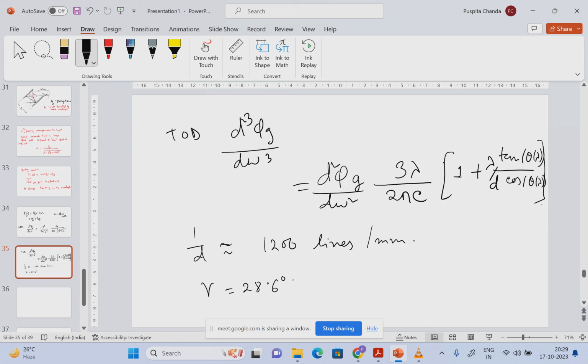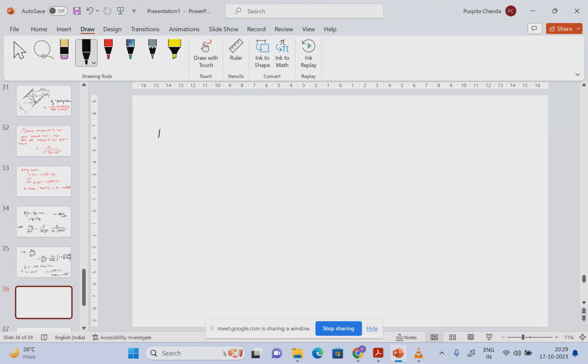In the setup, it is 28.6 degrees, and if lambda naught is 800 nanometer, then the group delay dispersion is of the order of 10 to the power 6 femtosecond square. In a grating, we don't need to account